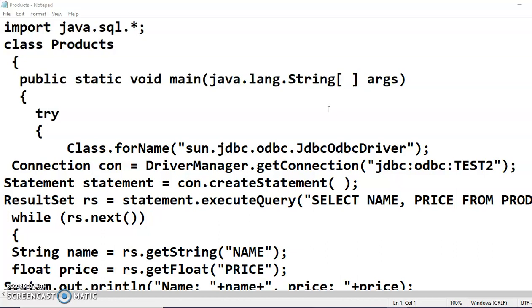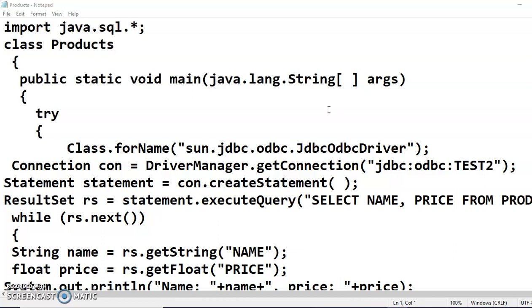One thing which you need to be very clear about is, based on the database which you are using, you have to choose the driver, and accordingly you have to make use of that driver in your program. So quickly we'll see how to write a program which makes use of JDBC drivers and SQL statements. Also, we will have a quick look at how to create a database in Microsoft Access.